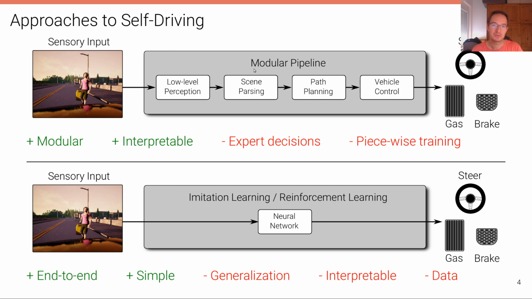However, modular pipelines also come with disadvantages. Designing these modules requires a lot of expert decisions, and these expert decisions might often be wrong. And there's no easy way of recovering from that. So there's no easy way of introducing learning here, at least learning the system end-to-end. So systems are typically trained in a piecewise fashion, where we train the semantic segmentation model independently of the downstream task performance of driving. And of course, having a perception module that's trained independently of the downstream task is suboptimal,